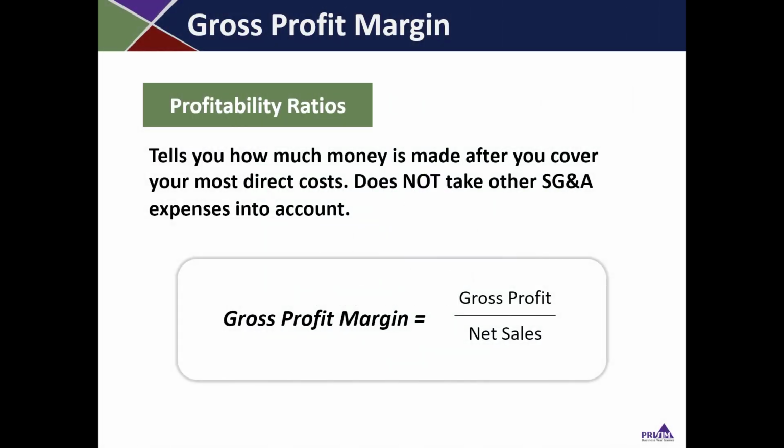Let's start by talking about some profitability ratios. And the first one is gross profit margin. And as you can see from the slide, it's calculated as your gross profit divided by net sales. So we've taken two numbers from the income statement for this one. And net sales just means your sales net of things like trade discounts, bulk purchases, taking account for returns, things